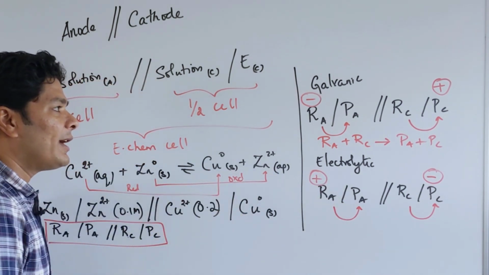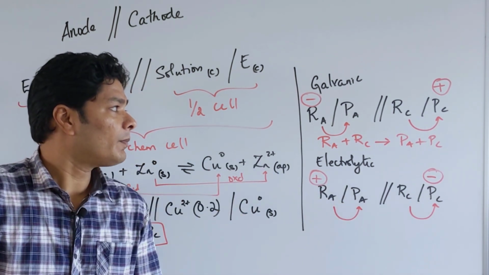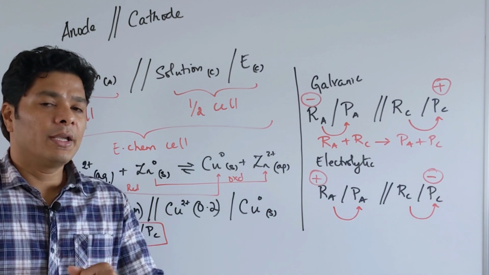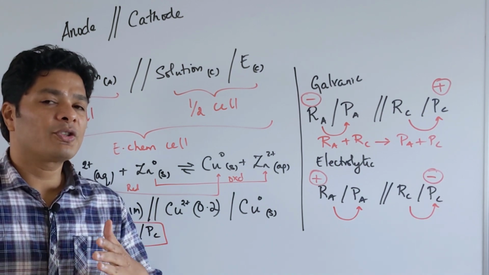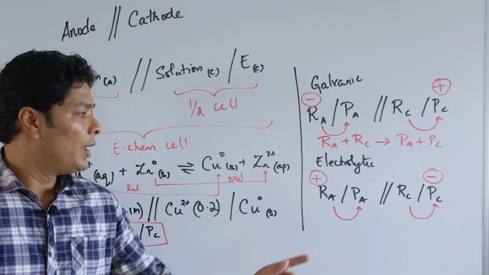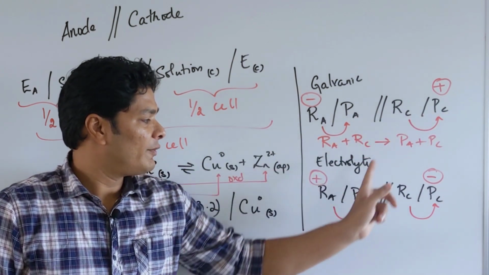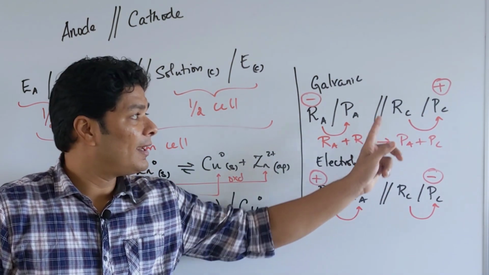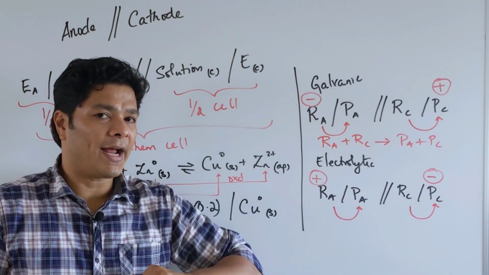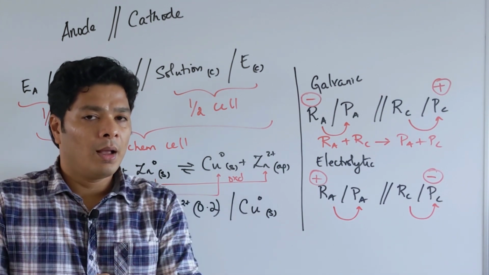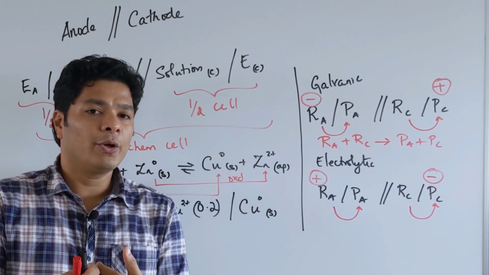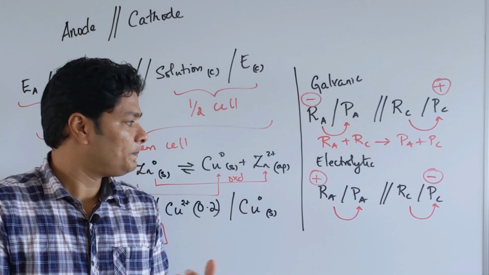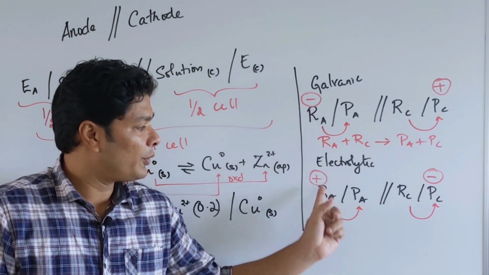So the positive and negative has to do with the E naught, but it doesn't have to do with what is going to be cathode and what is going to be anode. So here my cathode is positive, here my anode is positive. So plus doesn't always mean a cathode or anode, plus just says compared to the other one, are you going to be preferentially reduced or not. So this sign notation you want to remember.